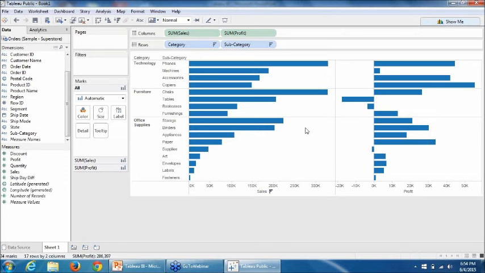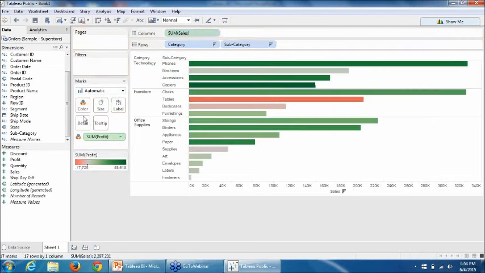However, there are a few best practices in Tableau where we can get the same view in a single axis rather than having a couple of axes, right? So what I will do, I will put the profit field in the color mark that will highlight my sales based on the profitability. So now I have a range of profitability. The greener you are, the better profit you have. The red color signifies the negative profitability. So now all these products with their sales size, I can see which of them are profitable.